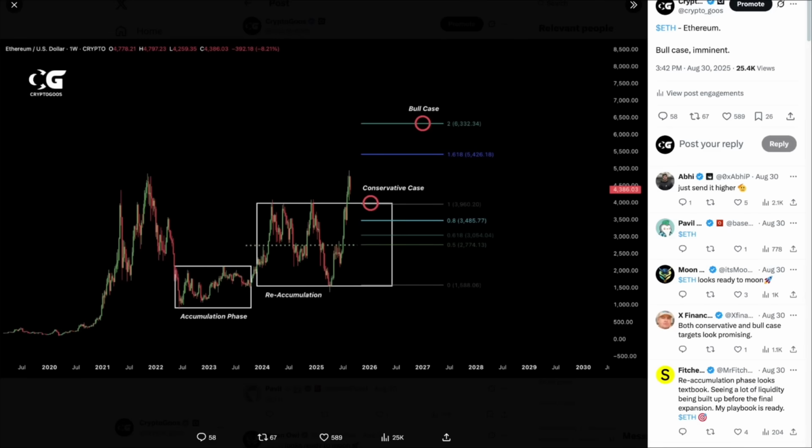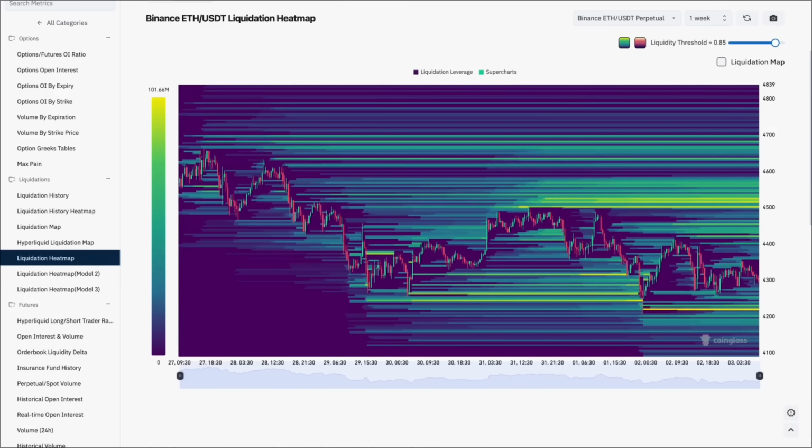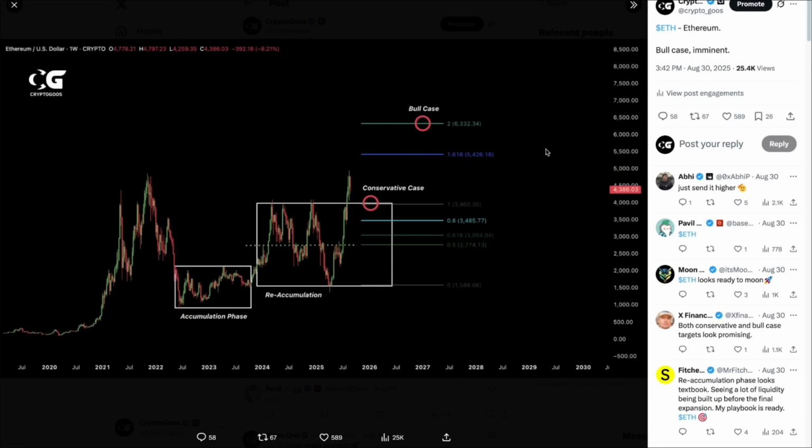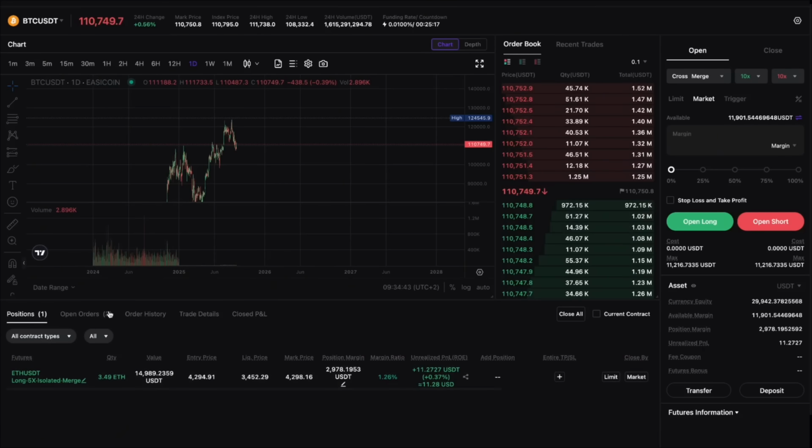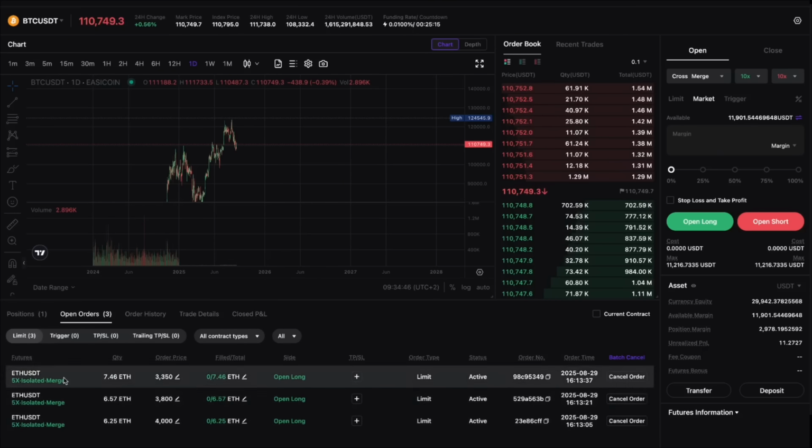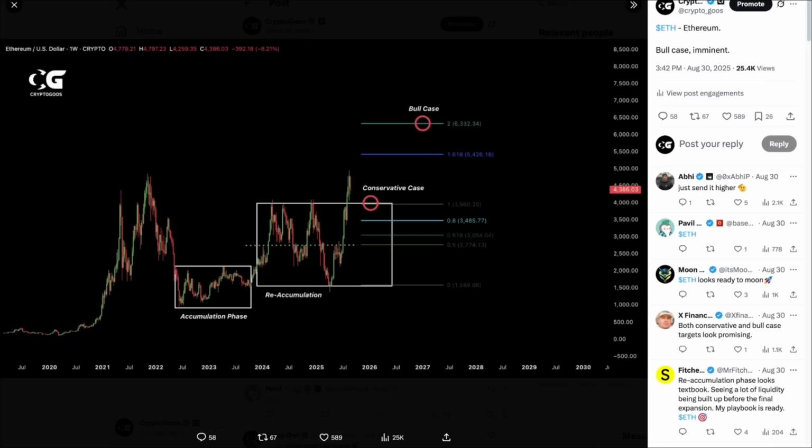And then I do want to discuss some Ethereum, because Ethereum is still looking quite good in my opinion, but like stated, I'm open for the scenario of seeing an Ethereum pullback, and that is why I did open some limit orders. Just to give an update on this chart, of course, most of the people on the channel know that in the conservative case I did take some profits on my Ethereum spot holdings, and now I'm getting interested in longing Ethereum towards that bull case target, because I do eventually think that we could be hitting that later in Q4.